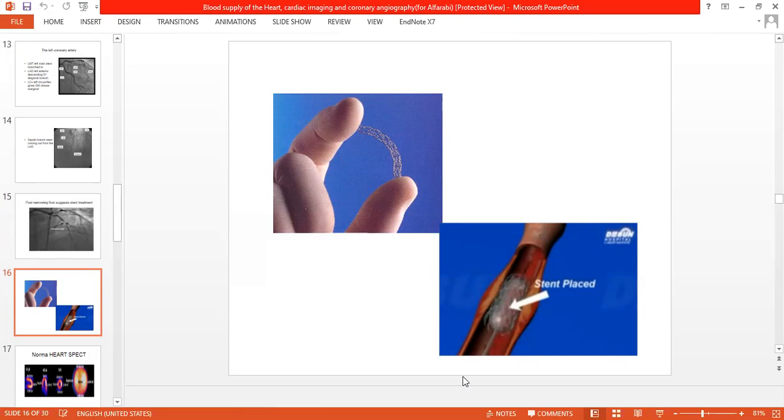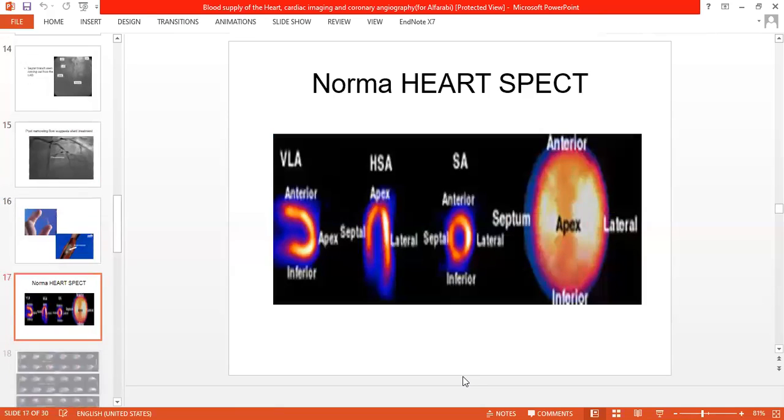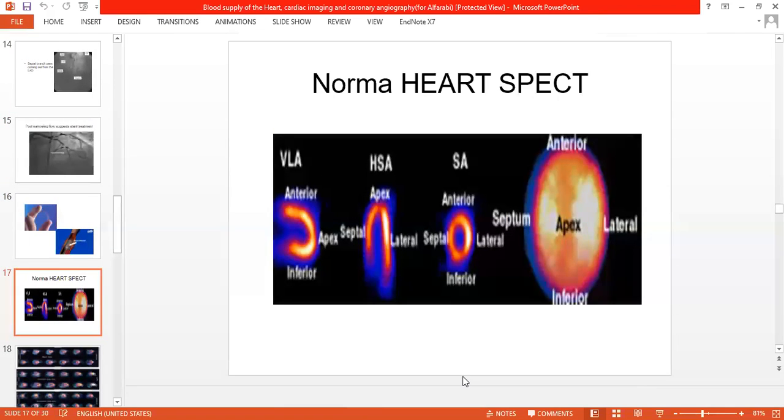So here is the stent put into the blood vessel so that the blood can pass. But a stent again leads to a lot of complications. Later, within 1 or 2 years, there can be blockage in these arteries again. So nowadays there are medicated stents, where they release a small quantity of drug which will prevent the blockage, but still they are not very effective.